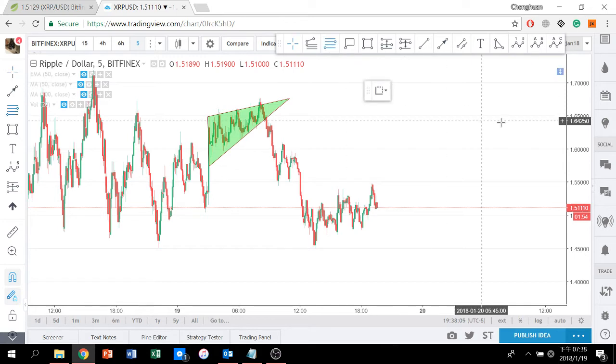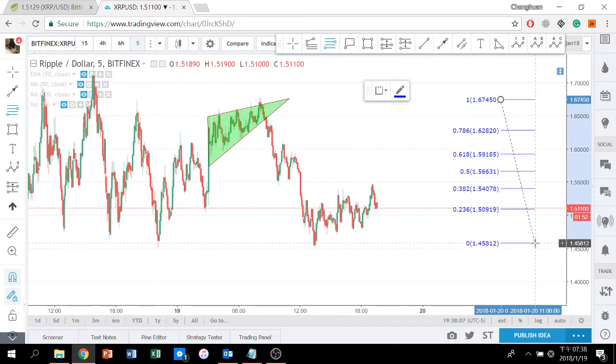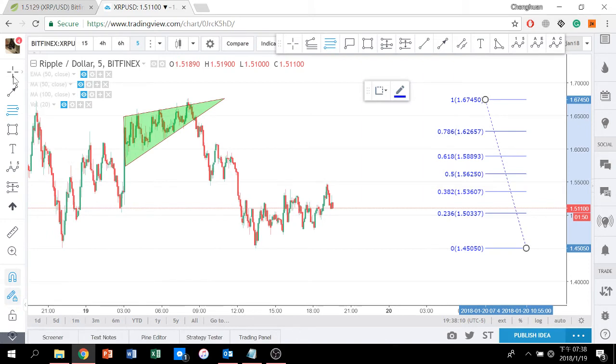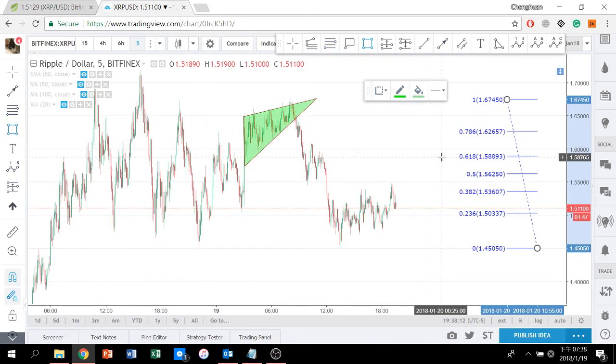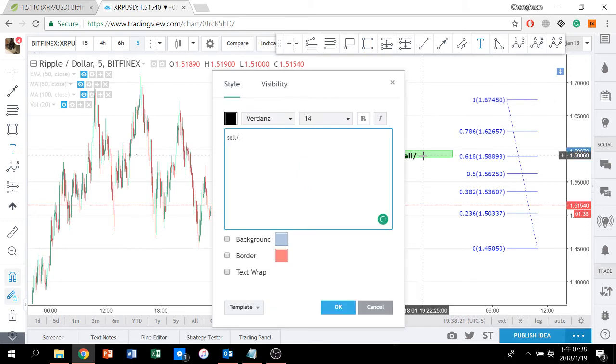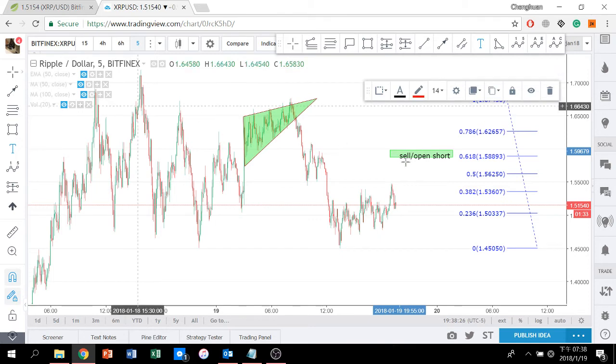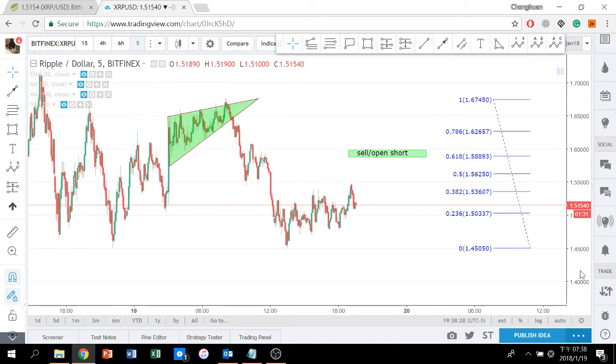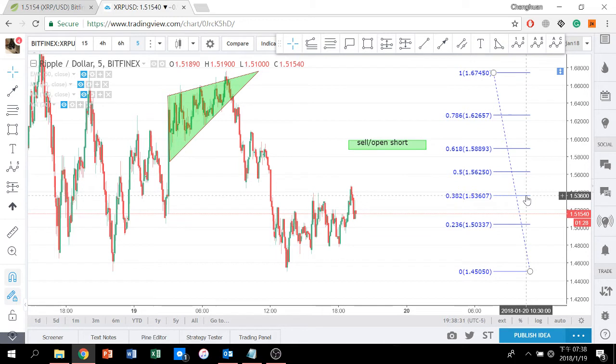Anyways, if we look at Fibonacci retracement of this whole leg down, I was expecting, in my idea, I was expecting it to go here. This is my initial sell zone. Sell or opening of a short position. Right? I expected a 0.618 retracement, but it bounced from the 0.382 over here, right? And as soon as it bounced back up, I peaked beyond 0.382.